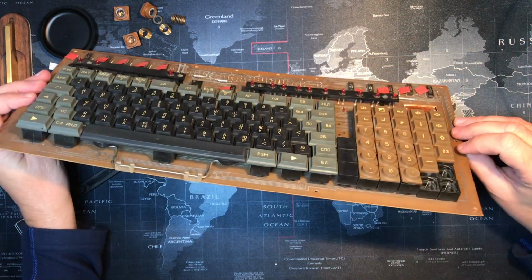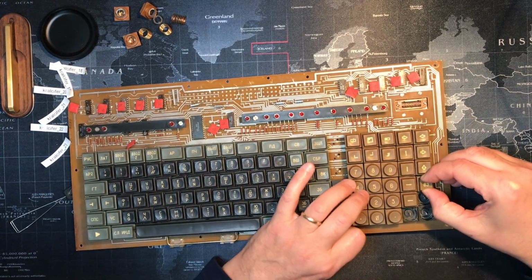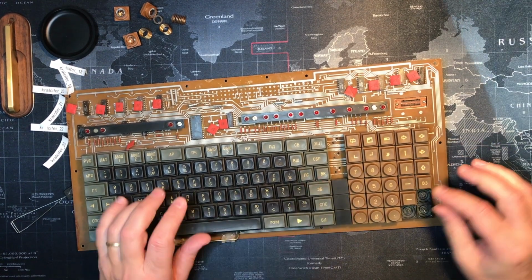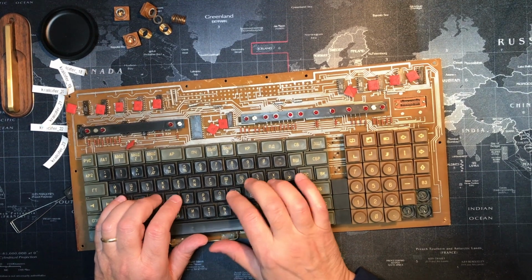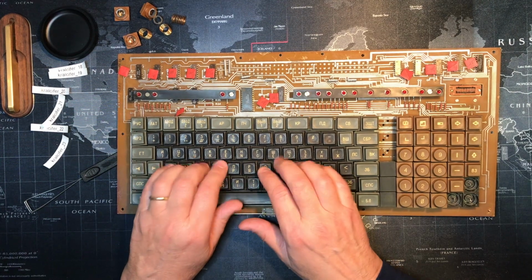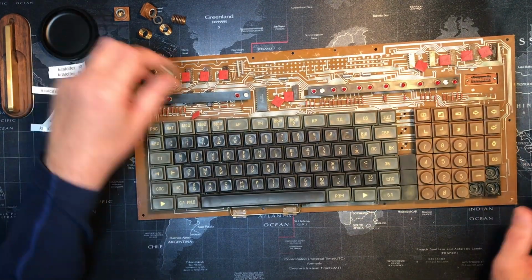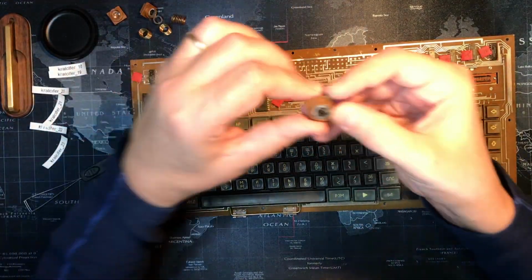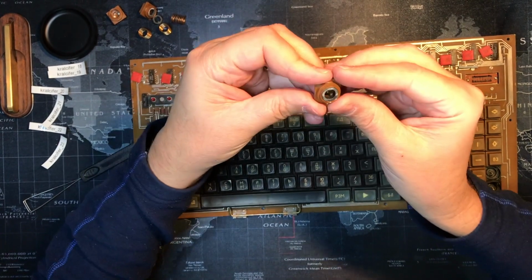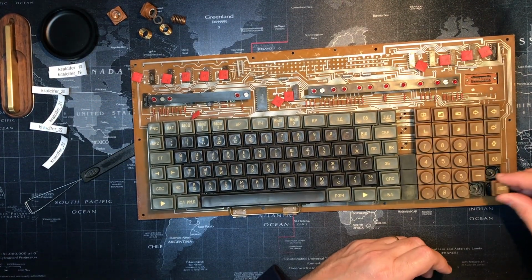I would like to get the keycap off if I could. I'm trying to separate one keycap from its black part. I guess they're glued on there or something. Maybe I shouldn't do that. Yeah, this is the weirdest thing I've seen in a while, let me tell you. Not sure what I would do to clean it, like if the tops are glued on. Let's look at some more of these. This brown isn't glued on, but this inner piece kind of looks like it was glued on to something. So what would it glue on to, since we're missing...